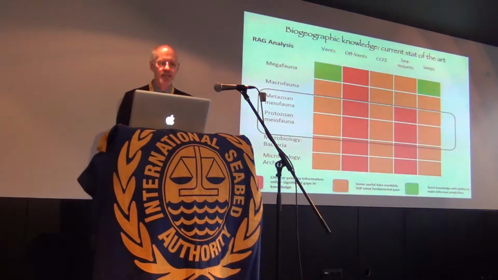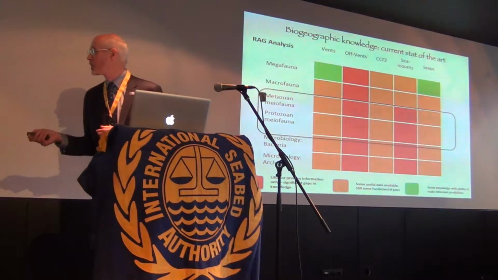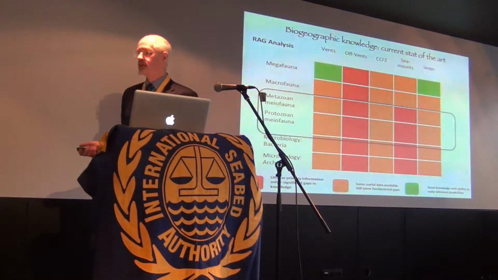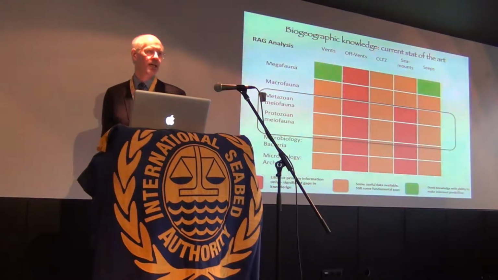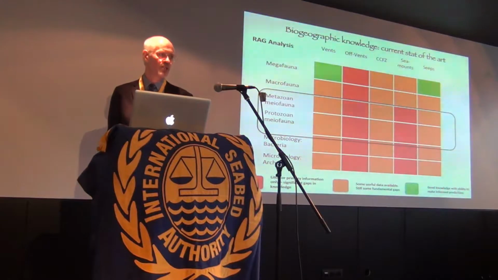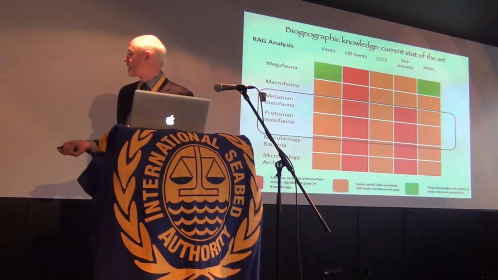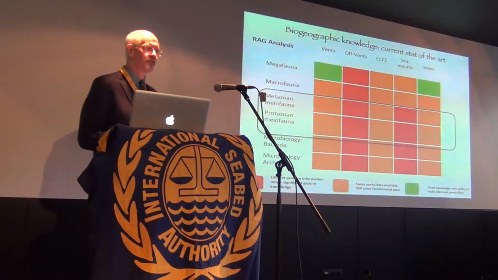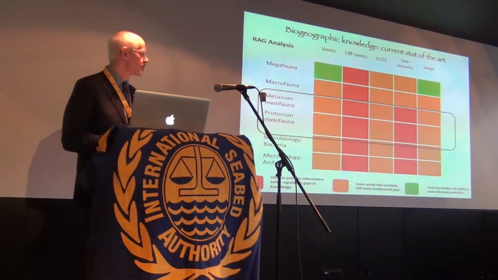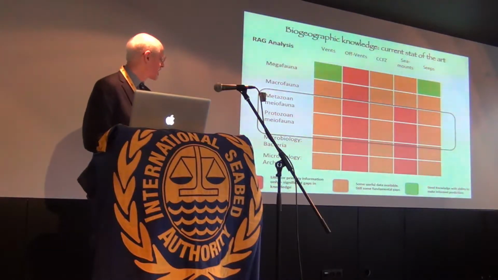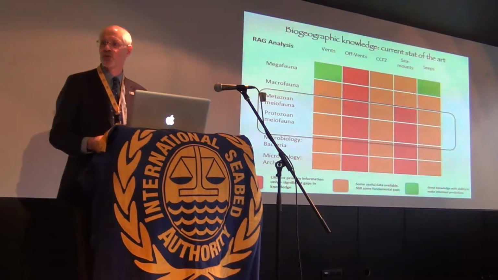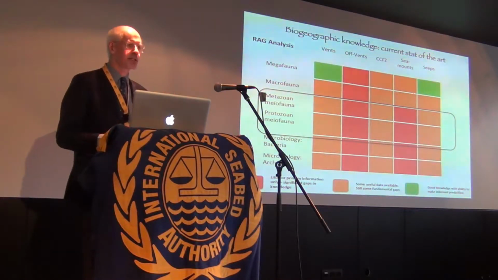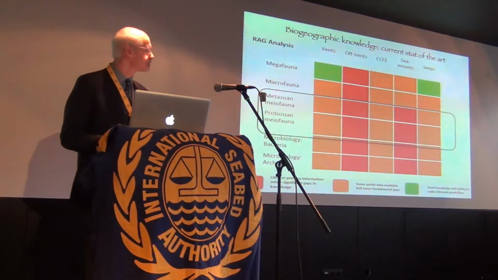I can summarize this in a very straightforward way. This is what we call a red, amber, green analysis. Red means that most of the information we have is either primary scientific information or we don't have any information at all. Amber means there's some useful information out there, but it's actually quite scattered and some fairly significant gaps exist. And green suggests that we actually do have something that we could use to make predictions and have reasonable confidence that what we were predicting was accurate.